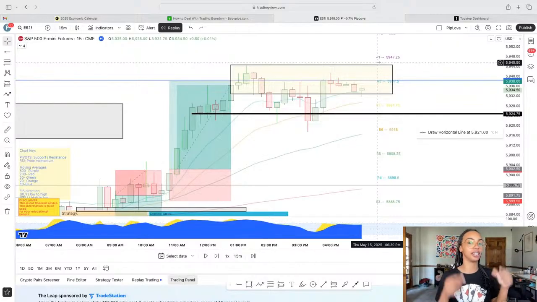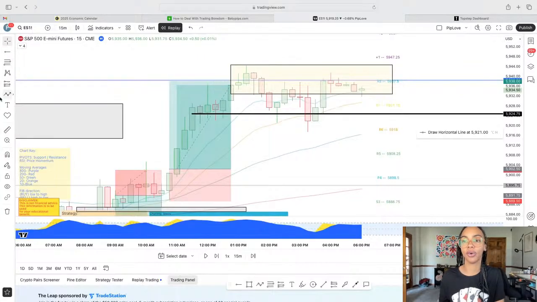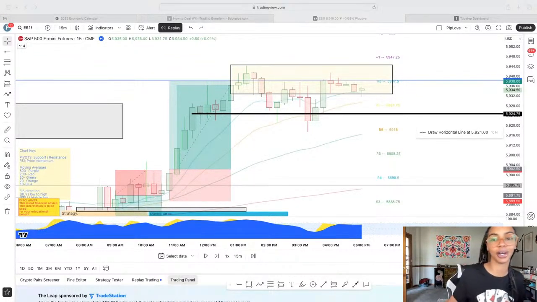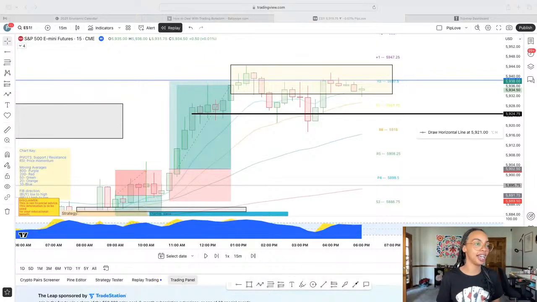You know what? Let me just backtest. So let's start rewiring. If you guys are going to work on rewiring your brain when we see the market ranging like this, if you're going to work on that with me, put some 3s in the chat. If that's going to be our goal for the next couple of weeks, to rewire our brains and get out of the market when we're not supposed to be in the market, when the market's not giving us that signal, throw some 3s in the chat so we can all hold each other accountable, so we can remind ourselves,